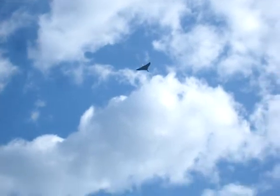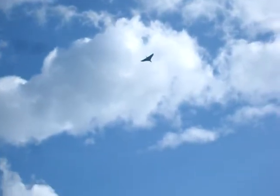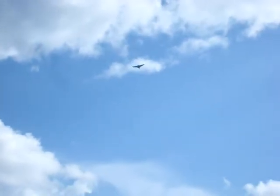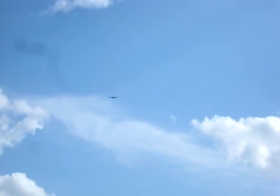She'll be doing all sorts of displays this year. Waddington, for instance. She's even going on to the continent. Next week she's going to Volkel in the Netherlands. She may be going to Belgium at the end of the year to sunny Koksijde. And all sorts of other shows here in Britain. So wonderful to see the Vulcan. Well, we're running up now as the Vulcan departs to